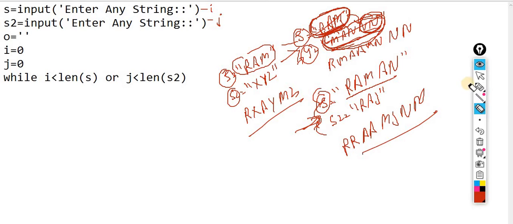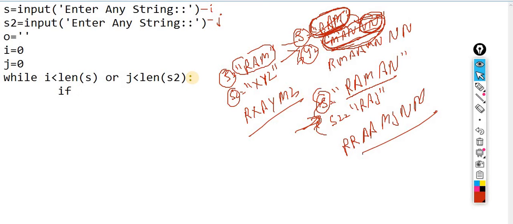Now i is for the first string and j is for the second string. So what do I have to do next? This one is my final output variable where I have to insert all the data. How can I handle it?